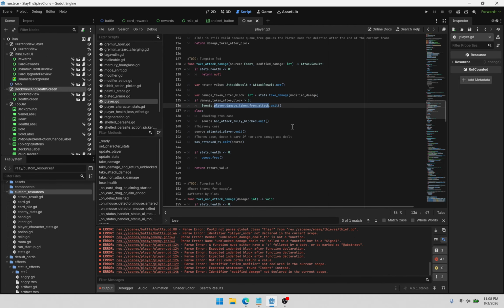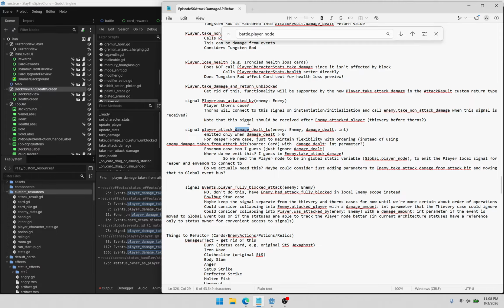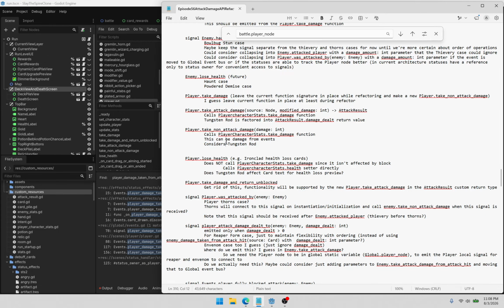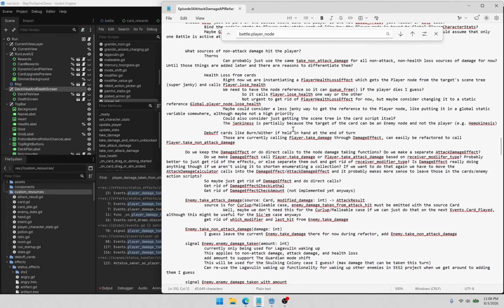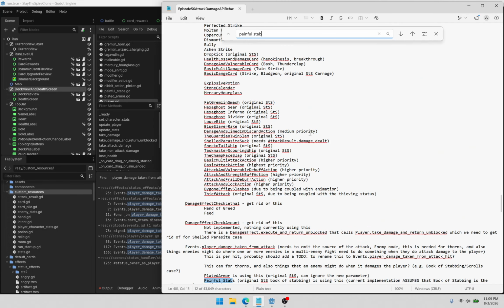What am I even doing with this signal? Oh, painful stabs. That's the thing that has to be refactored, because the way I have it right now, the painful stabs assumes that that's the only enemy, right? So we don't keep track of which enemy damaged the player for that. Okay, what do I need to do with that? Okay, the painful stabs case and the scrolls case, right? So okay, so we